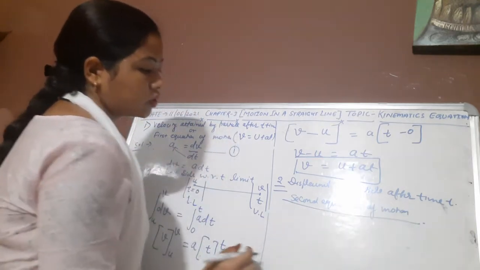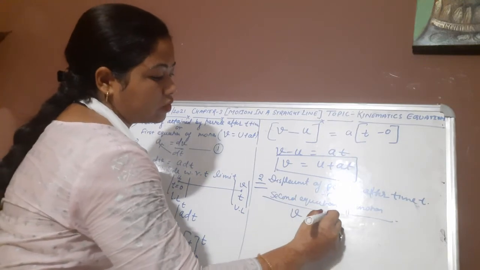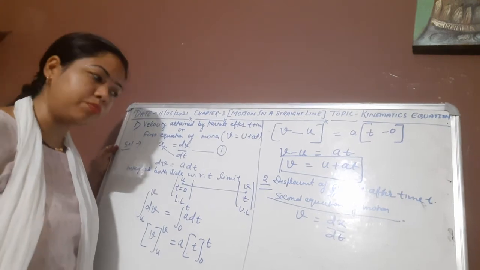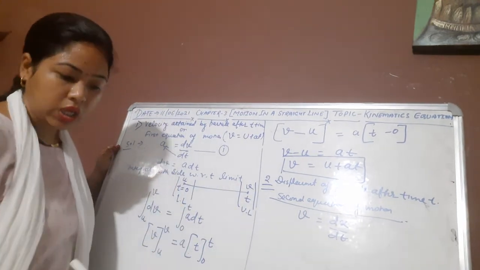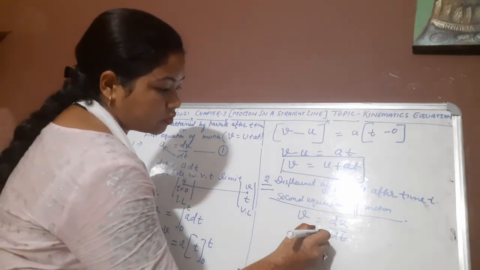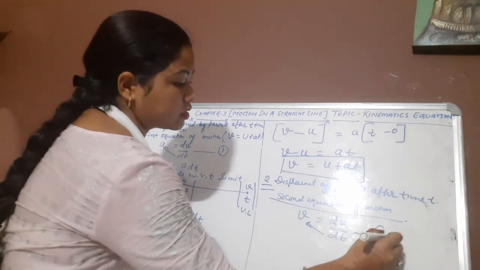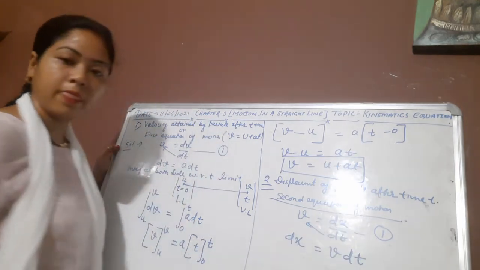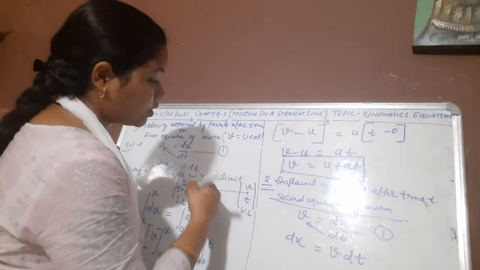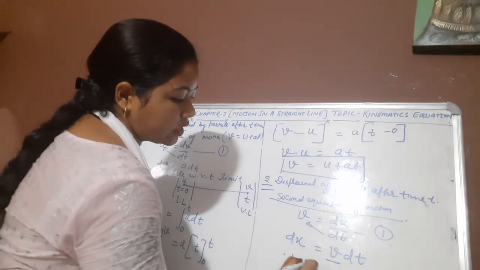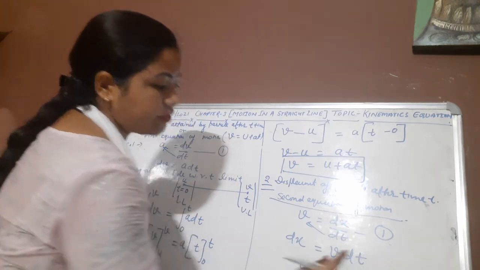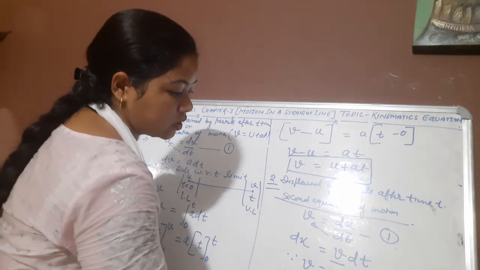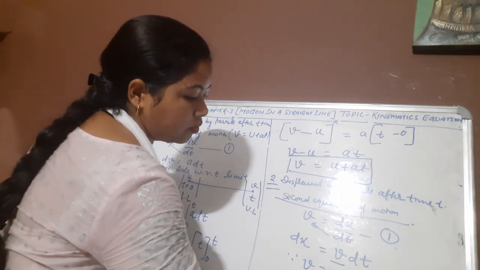So we will start with v equals dx upon dt. So the rate of change of displacement, the rate of change of position, gives us the value of the velocity, right? In the next step we will cross multiply this term. This is equation number a. So we can write dx equals v dt, right? Now from equation number 1 we have the value of v, that is v equals u plus at, from the very first equation of motion. So we'll place the value of v, and dx will be equals to u plus at into dt.